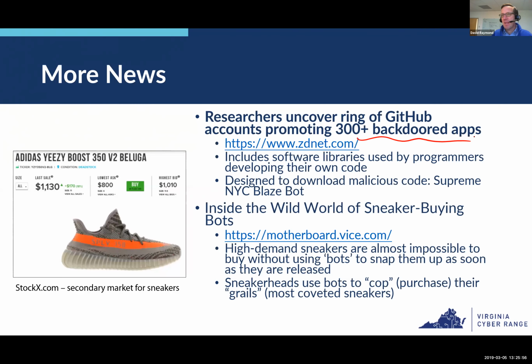I teach a cybersecurity class at Virginia Tech, and we've had some discussions recently about the danger of using other people's code. First of all, it is very common in software development. In fact, in some cases developers are told never write your own, say, cryptography software, because there are so many ways to screw it up. There are lots of stories about companies who write their own crypto, do it wrong, and end up with glaring vulnerabilities. So people say don't write your own crypto.